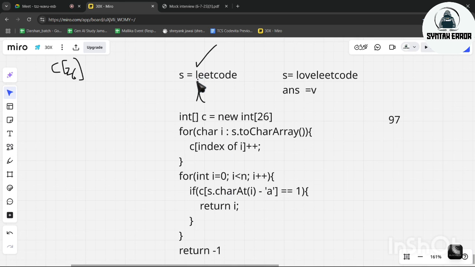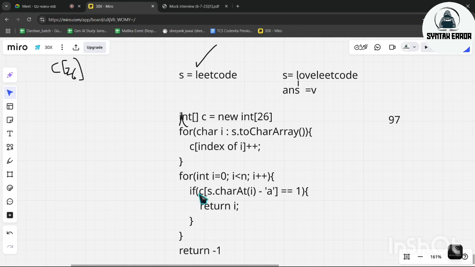Let's take this example where L is repeated. Here i is equal to 0. As charAt(i), we will get L minus a, and we will go to that location. Here we can see L has repeated 2 times, so that value will be 2. 2 is equal to 1?